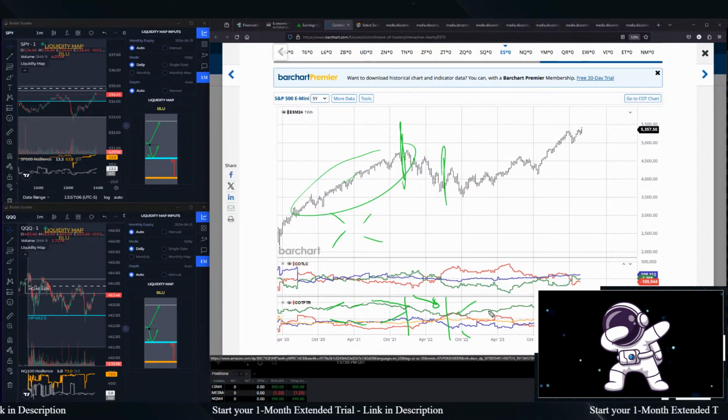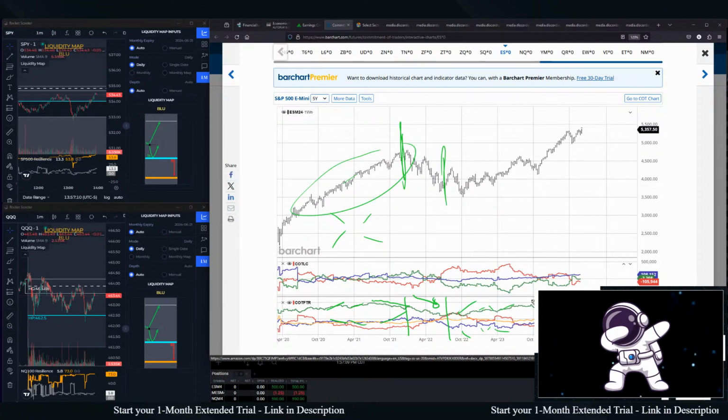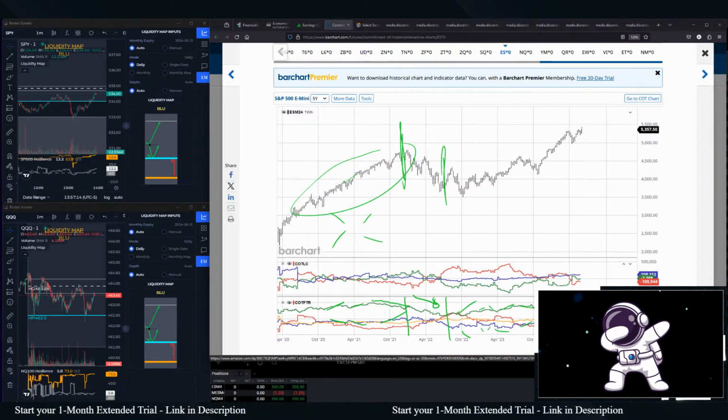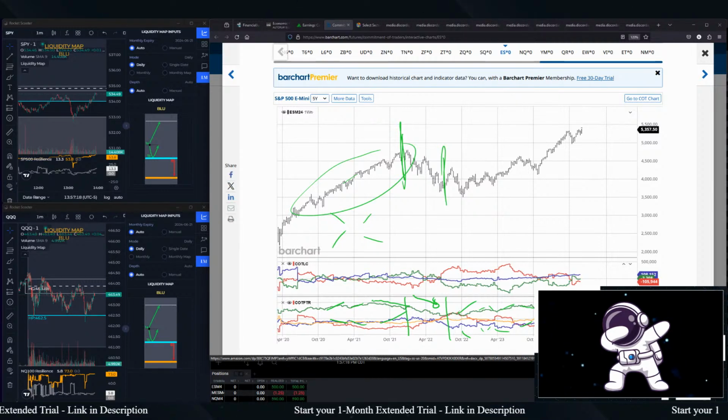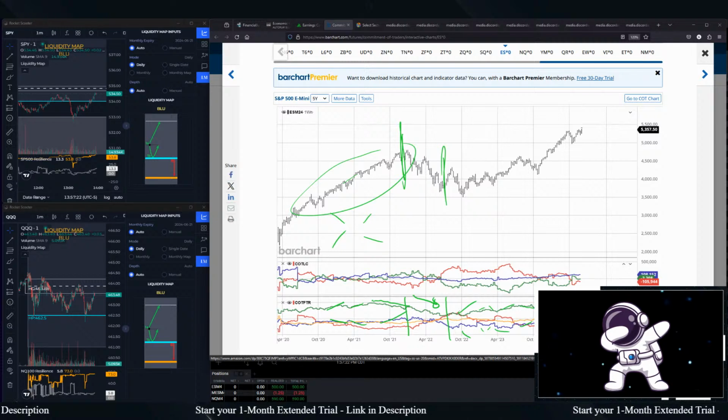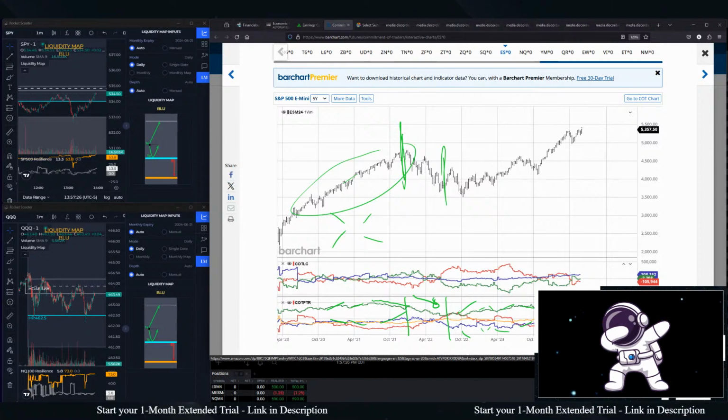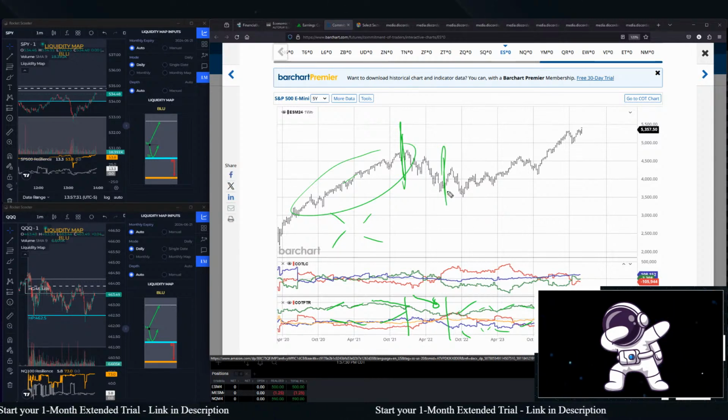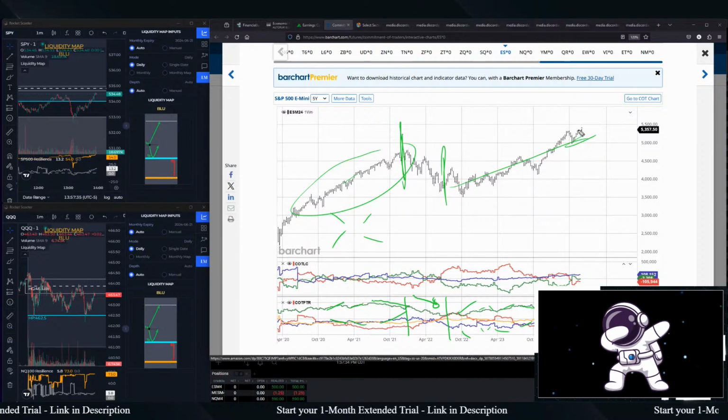And all the way up, they're fanning apart, pinching together, fanning apart. This was slightly pinching together. This is pulling apart. This is pinching together. This is pulling apart. So from here to here, it's been bullish. There's never been a time when they've been sloping to the downside, right? And from here to here, it's been an upward trajectory. It's the easiest thing in the world to learn.